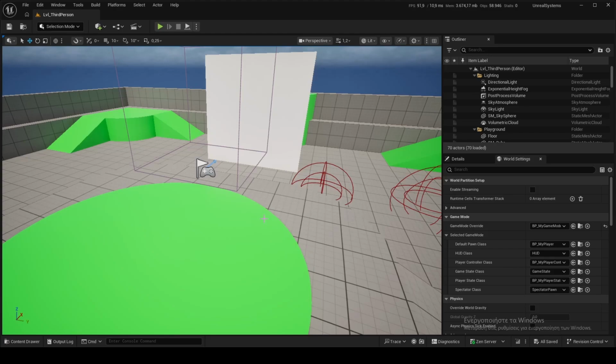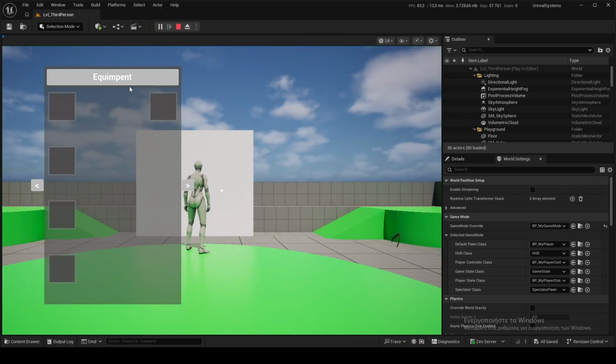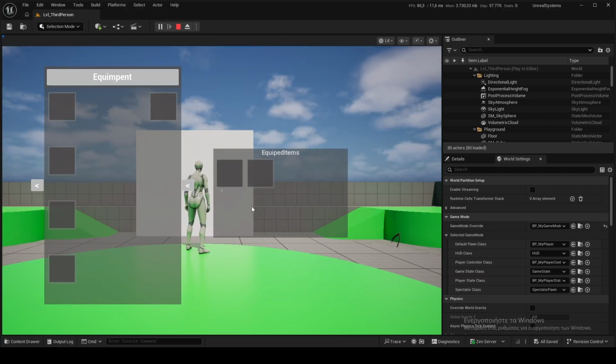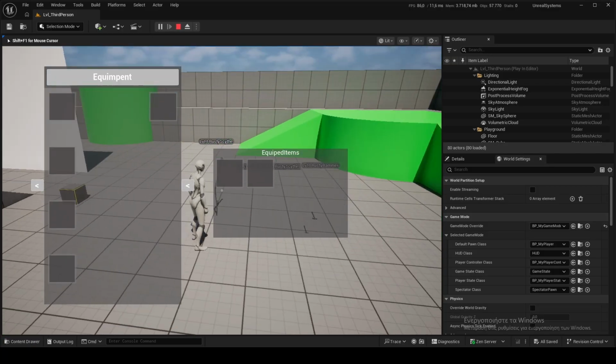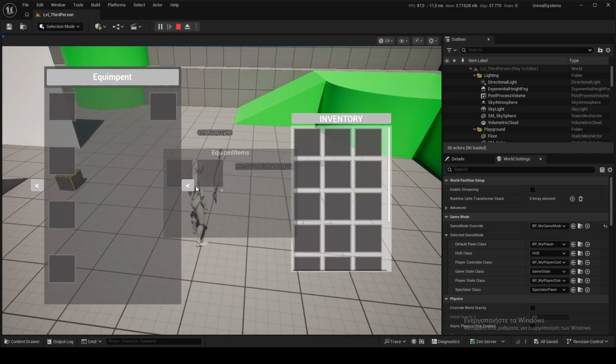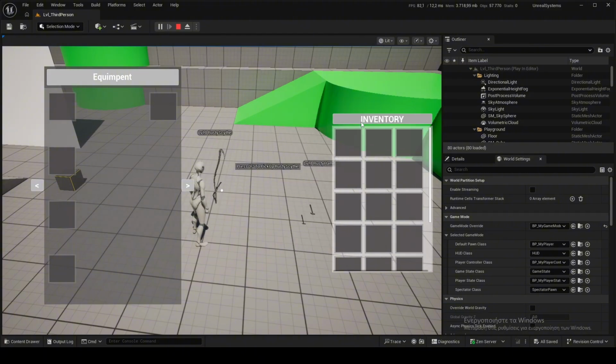Hello everybody. In the previous video I made a very simple widget. Now if I play, I have the widget on my screen. I can click and say equipped items, which obviously I don't have anything equipped. I can actually close this box, but